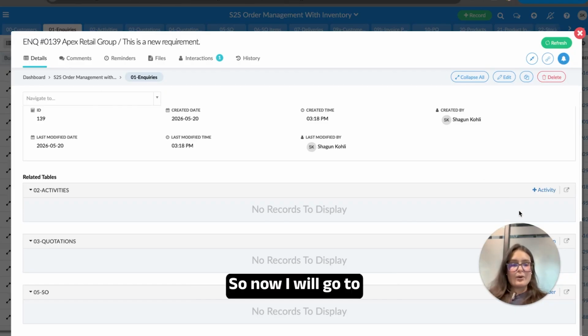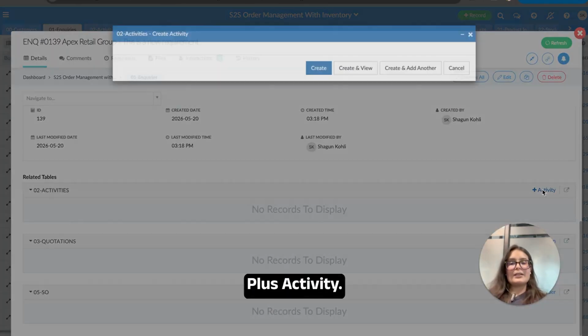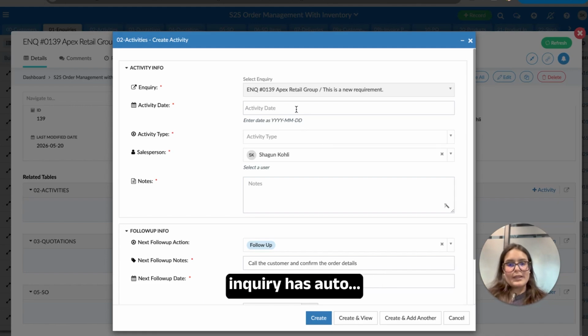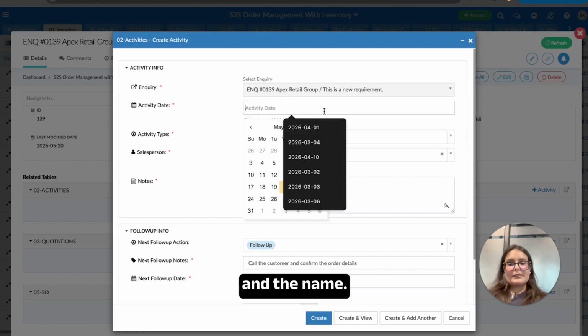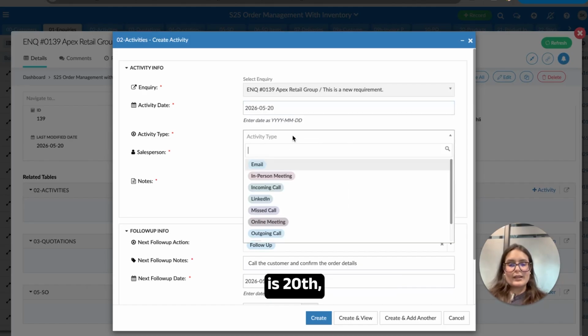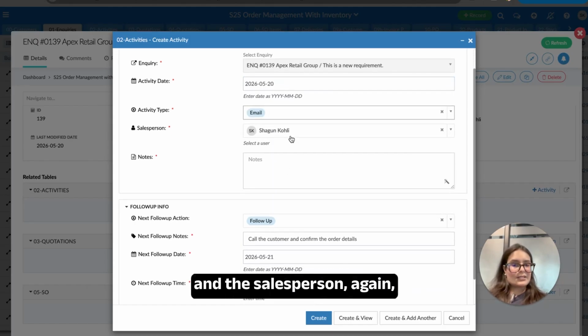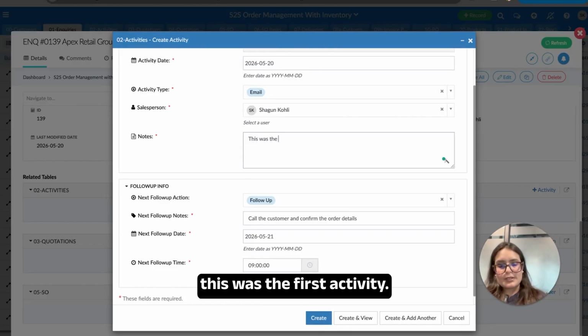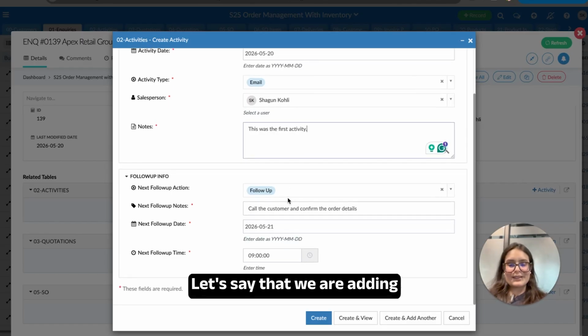So now I will go to plus activity. It will allow me to create a new activity for this inquiry. This is the creation form of the activity which has been opened, and you can see that the inquiry has been auto populated. That is the inquiry number and the name. The activity date, let's say, is 20th, and the activity type is email, and the salesperson, again, it's me. Note, this was the first activity. Let's say that we are adding this right now,